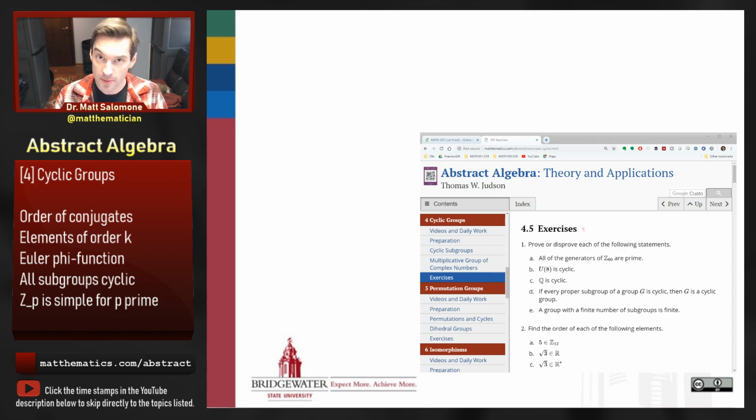And then from there, jump off into a discussion, on request from one of you, on the Euler phi function. So just a little bit more detail, a couple more examples on how to use the Euler phi function and what it actually tells us that we care about in abstract algebra.